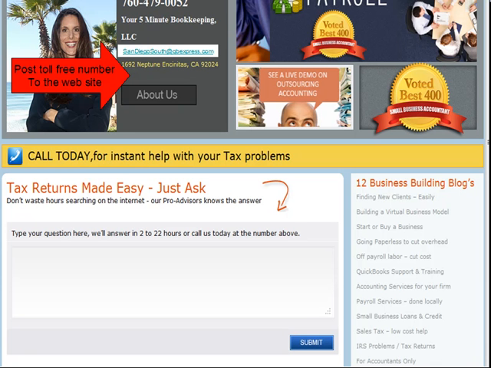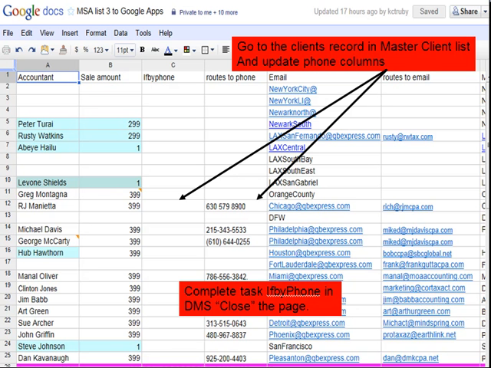The next step you'll want to do is go to the administrative panel on the TOG website and enter that toll-free number, not the cell phone, so that it shows up on all of the client's pages. And that's it. So the last step we'll do is go back to the Google Documents and we'll actually enter